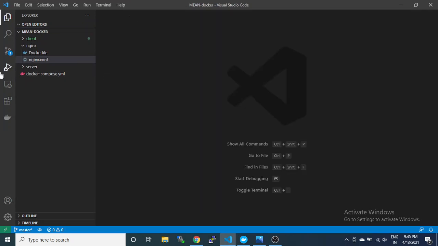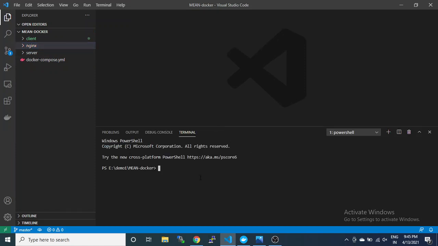You can see here, so we have to start it. We will write the command docker compose up.